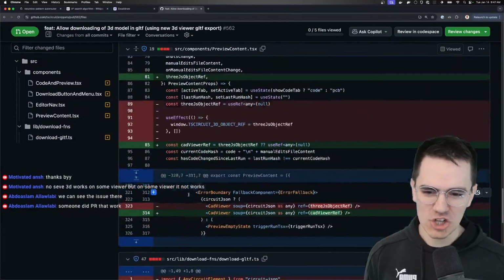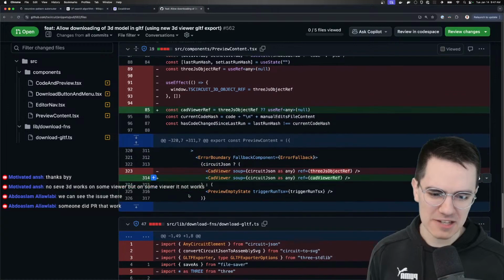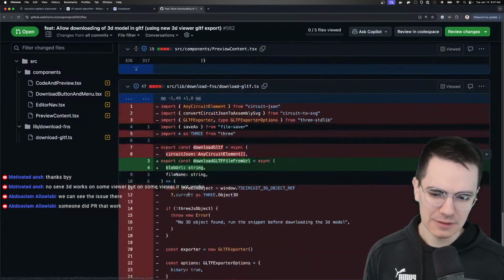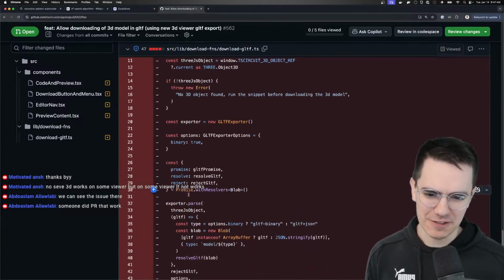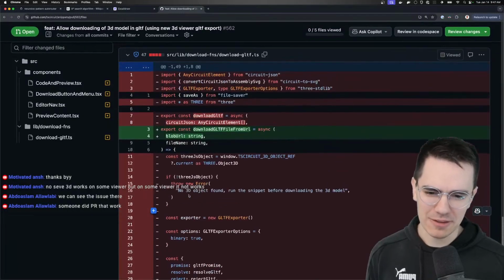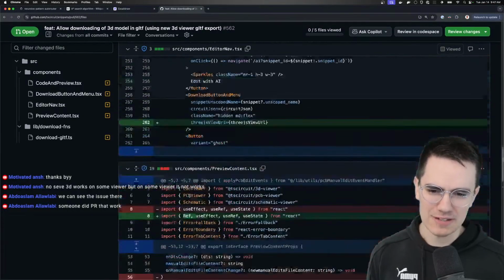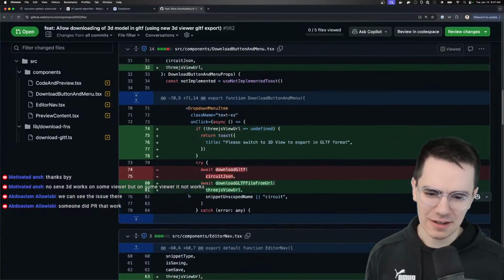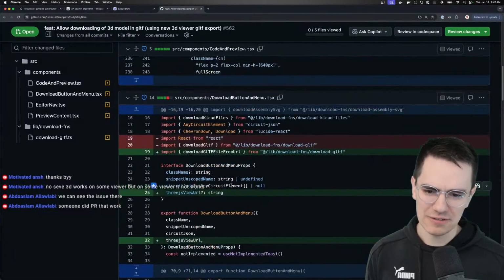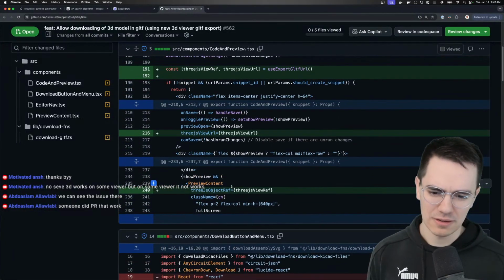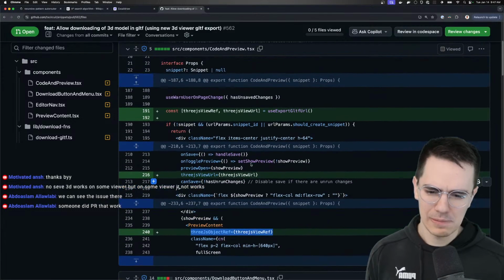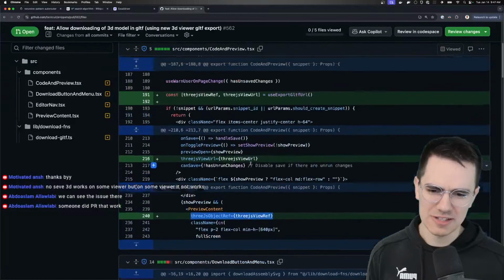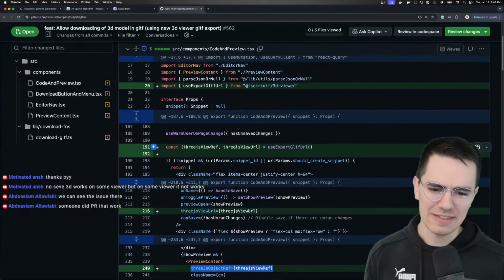I think they just changed how the object is passed around, right? So it's cleaner, but it doesn't fix anything. I mean, I could be wrong, but I don't think it fixes anything. Am I crazy? Actually, I think download GLTF just uses view URL, preview content. I'm just trying to understand this. Use export. I think